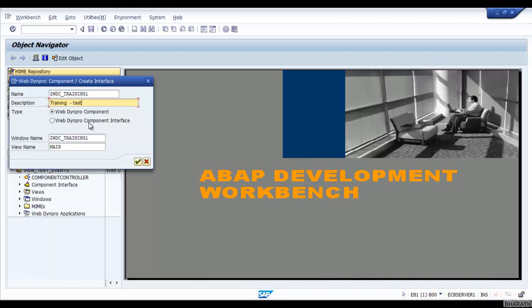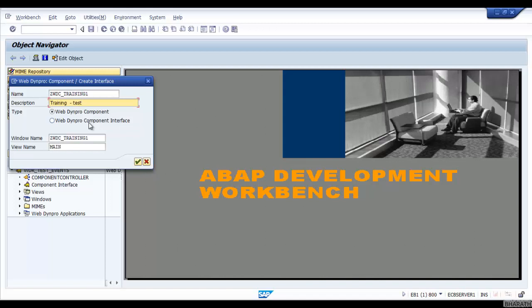Just to make you understand, if you know the object oriented concept, it is almost like class and interface. What is the difference between class and interface? A class can have implementation, but an interface cannot have implementation. An interface can only be used for reusable purposes.